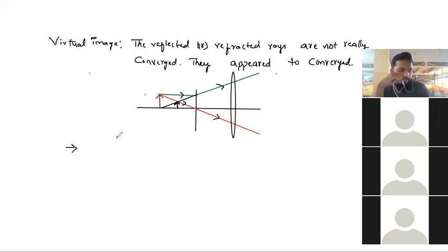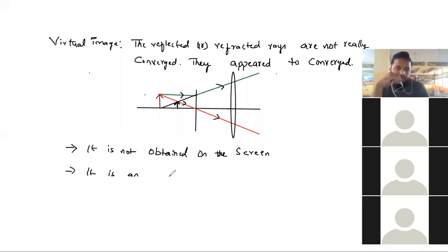Now the second point we will write: it is not obtained on the screen. And it is an erect image. Erect image means